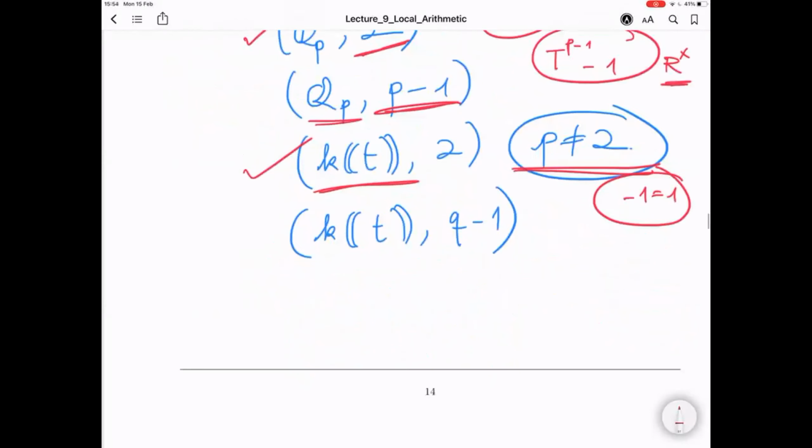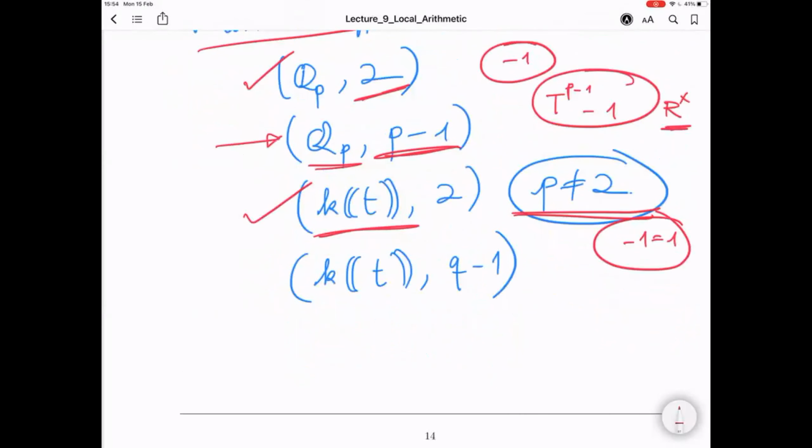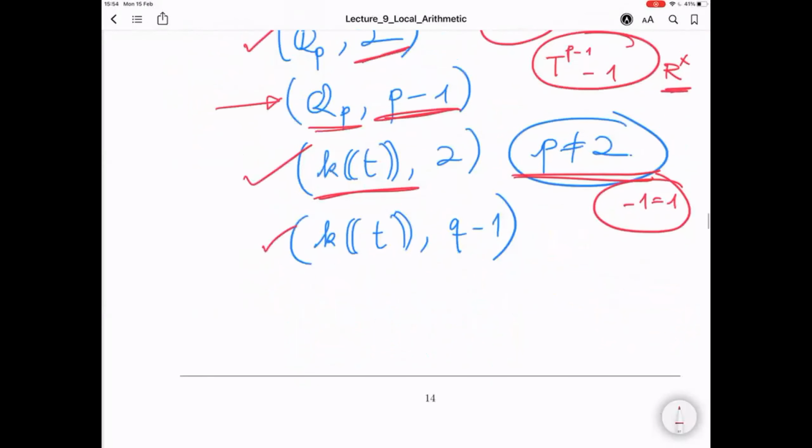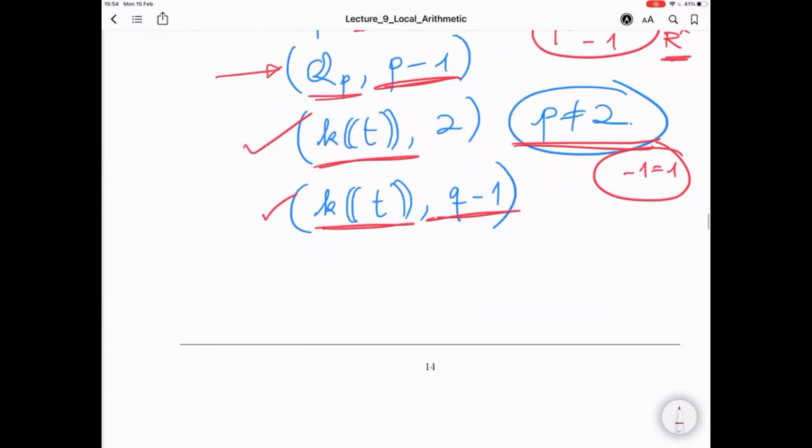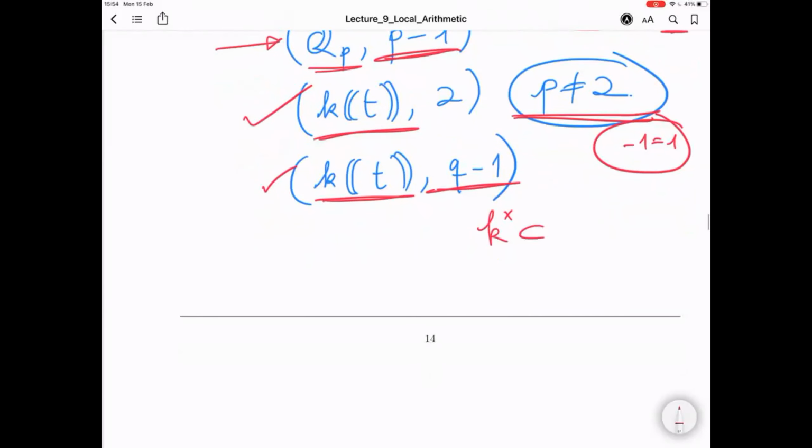We had shown this, but here it is completely clear that this field k((t)) contains an element of order q-1, because this little k star is contained in k((t)) star, and this says this is cyclic